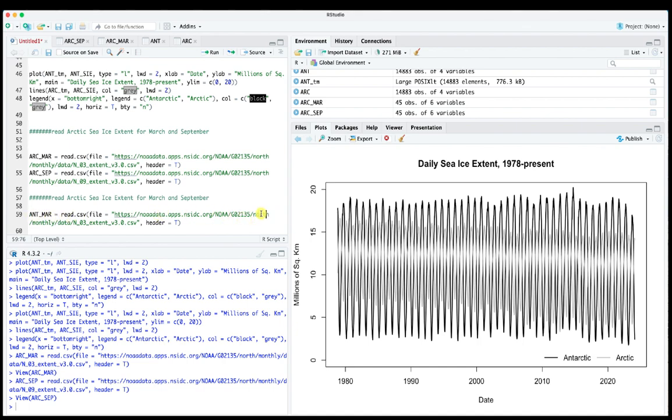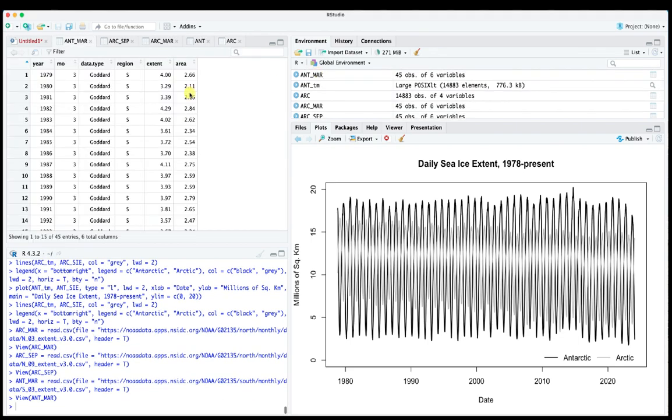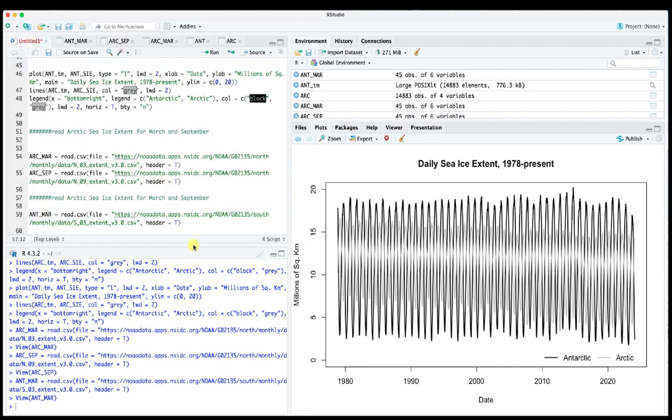Probably this is going to be under, now, not north, but south. And this is going to be south. Let's go ahead and read that. There it is. Antarctic March. Region south. There's the extent. Okay, and you can probably guess what this is going to be